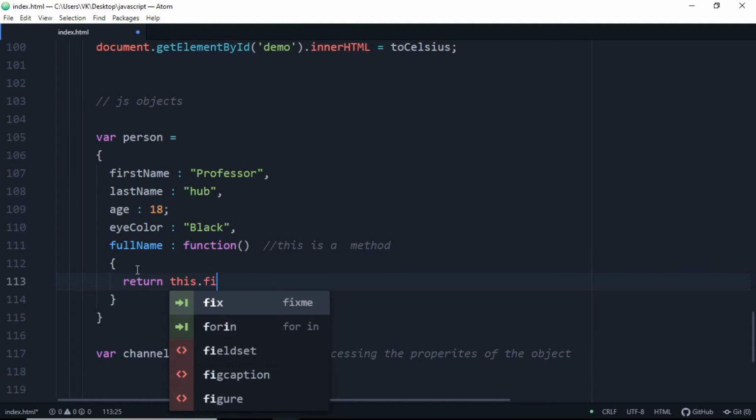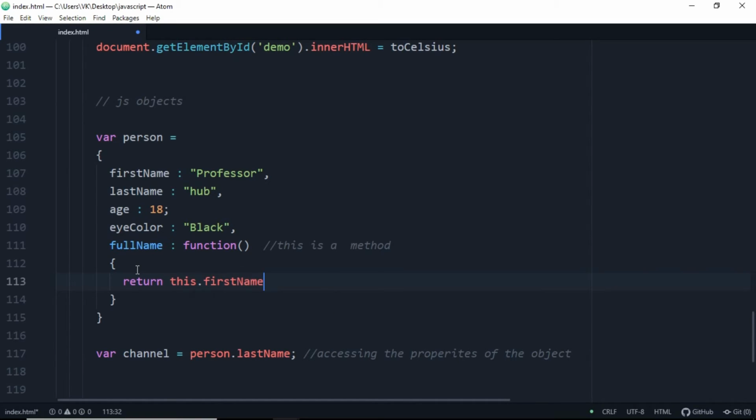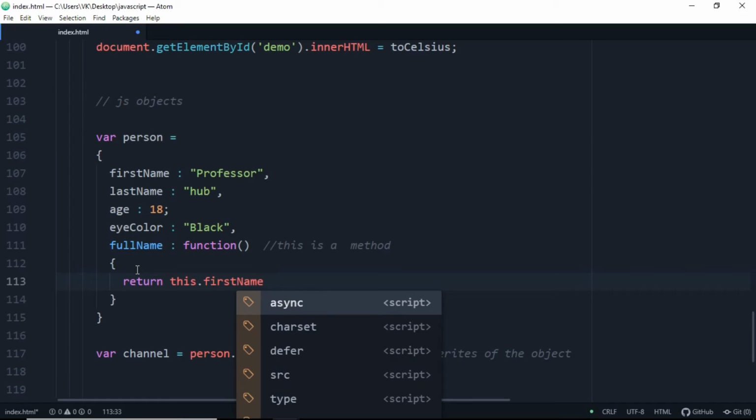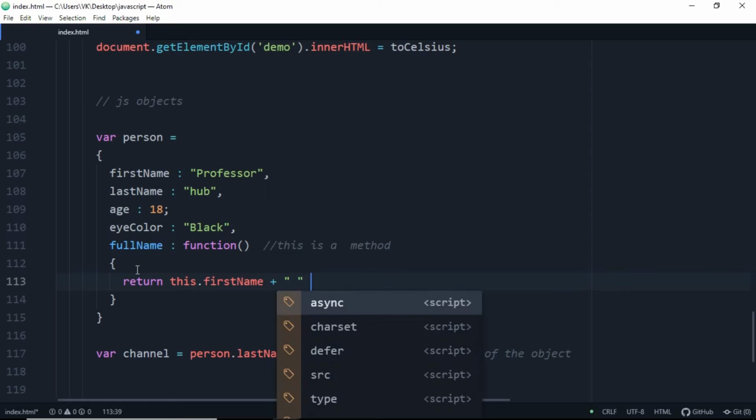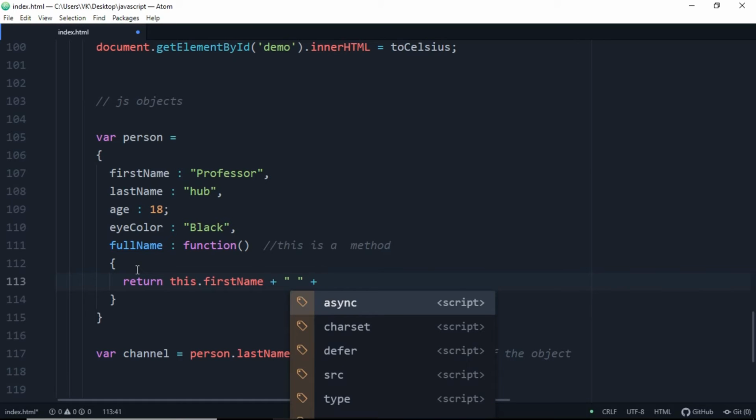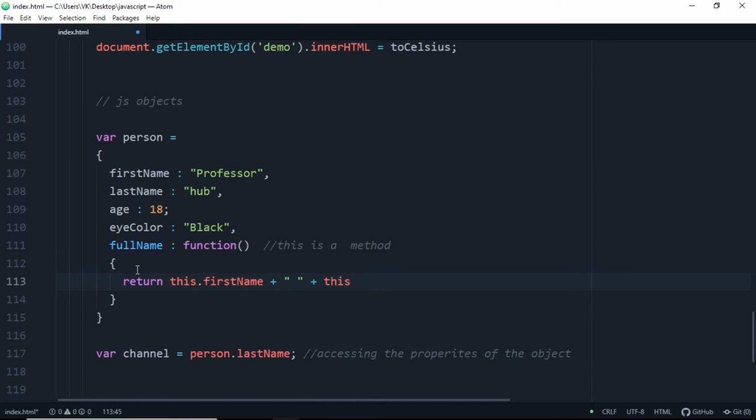Return this.firstName, add an arithmetic operator which is plus, and double inverted commas for a space, add the arithmetic operator again, and this.lastName. This is used for accessing the properties in a particular object.